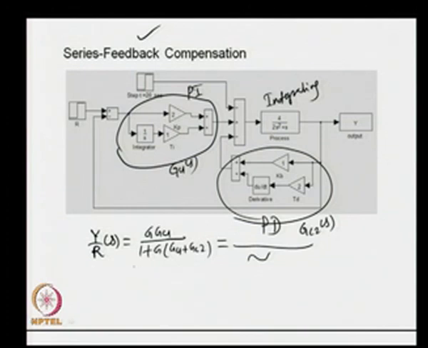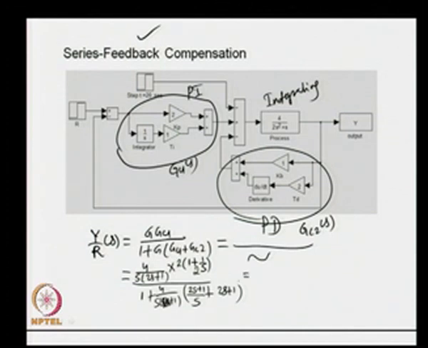So, one can find from the analysis, substituting the values for G Gc1 upon 1 plus G Gc1 plus Gc2, as 4 upon s(2s+1) times (2 upon 1 plus 1 upon s), then 1 plus 4 upon s(2s+1) times (2s+1)(2s+1)/s plus 2s plus 1, which will give us the form of